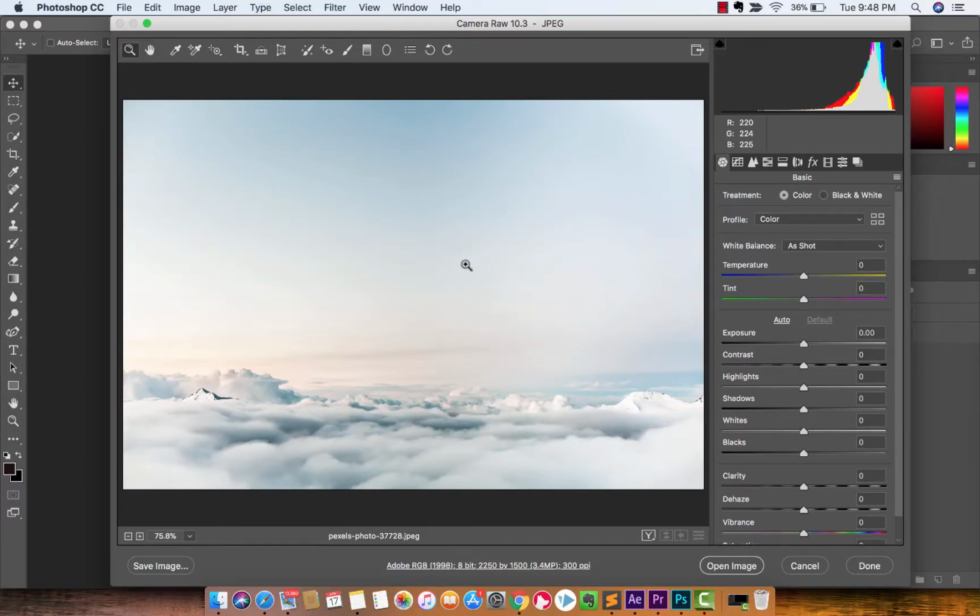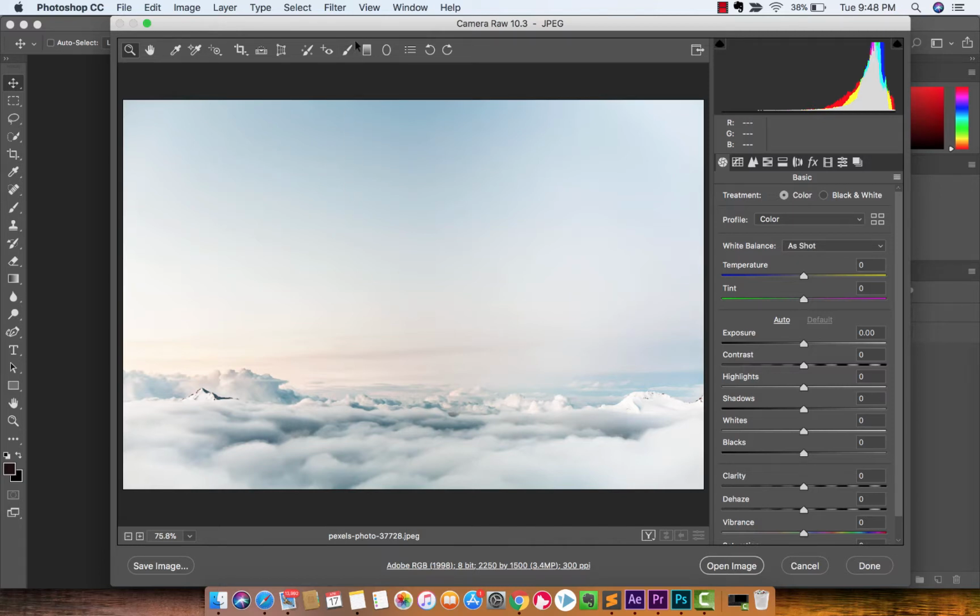In this one, I'm inside Photoshop, but more particularly, I'm inside Camera Raw 10.3. So if you got Camera Raw and it's relatively recent, it's April 2018 here, guys, I'm going to show you how to change this boring, flat, ugly sky into some blue awesomeness, guys. I'm going to show you how to do this using